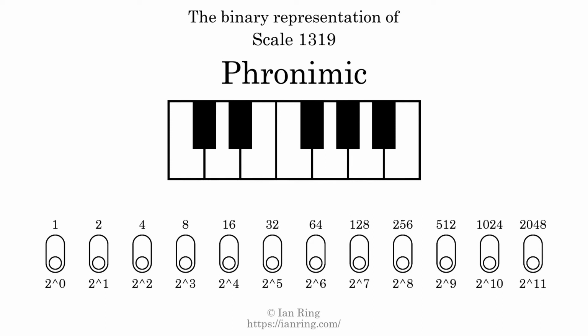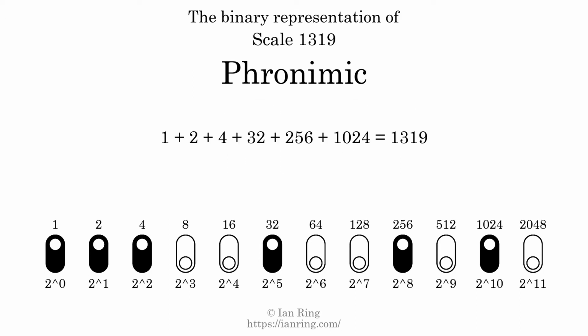The binary representation of this scale is determined by mapping tones of the scale to binary digits. Each binary digit represents a power of 2. To get the scale number, we add the powers of 2 together. The powers of 2 that are present in the scale, all added together, equals 1319. That is why the scale number, in decimal, is